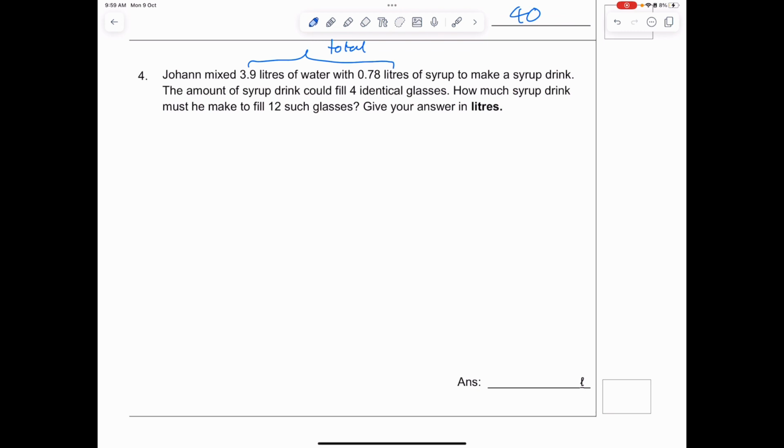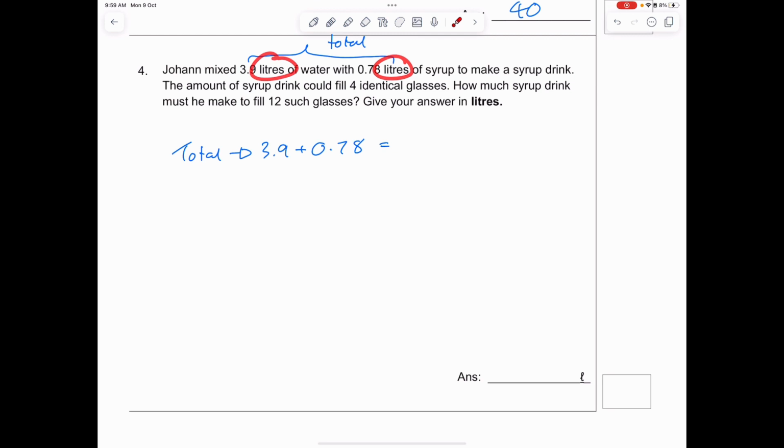Alright? So the total of these two would be 3.9 plus 0.78. Now when you do this, it is extremely important that you check that they are both in the same units. So liters and liters, it's fine. No issue. So that leaves us with 4.68 liters. That's fine. Okay. Now we know that since 4.68 can fill 4 glasses,